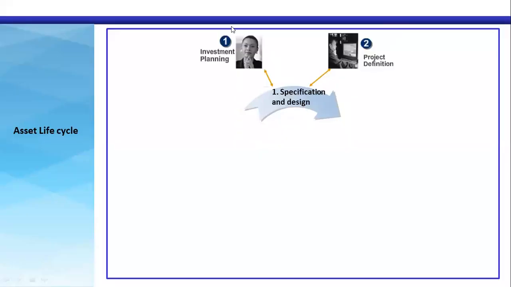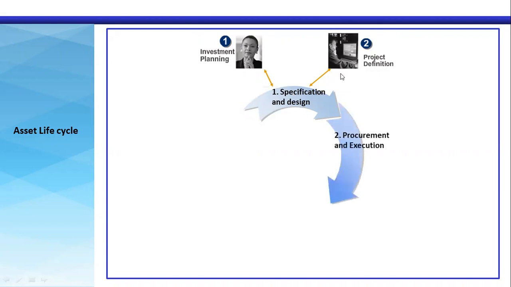In investment planning, mainly we perform budget-related activities: how we distribute our budget and collect details for planned investment. In this, we define the scope of the project, the project structure and the timeline.